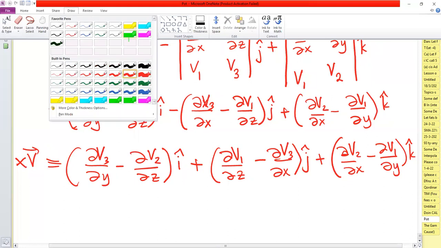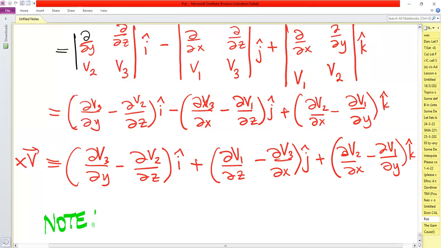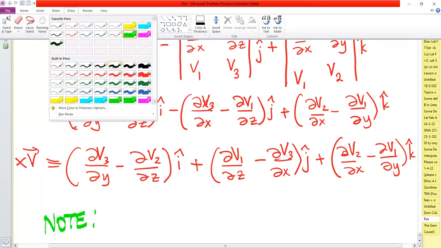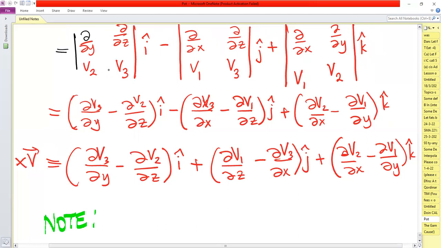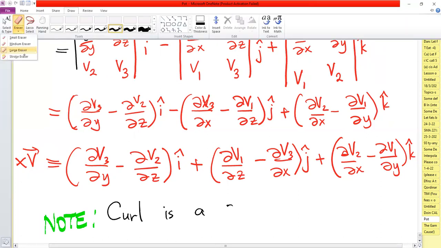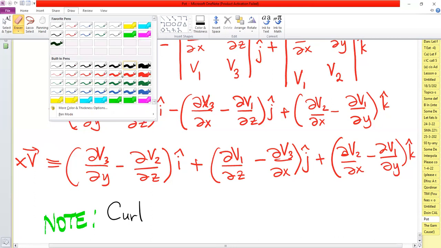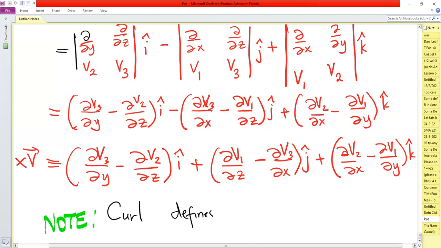So what you have to remember in this definition is that curl of a vector field is also a vector field, or a vector quantity. So curl is a vector, or curl defines a vector quantity. To define curl, you need a vector, and the end value will also be a vector. So as an example,